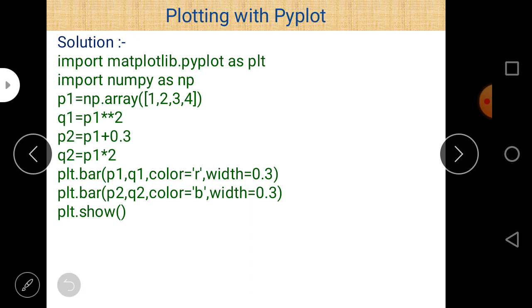Second, q1 = p1 double asterisk 2, so it will contain the elements which are the squares of array p1, and p2 is equal to p1 plus 0.3, so 0.3 is added to each and every element of p1, and then q2 = p1 asterisk 2 contains the squares of array p1.